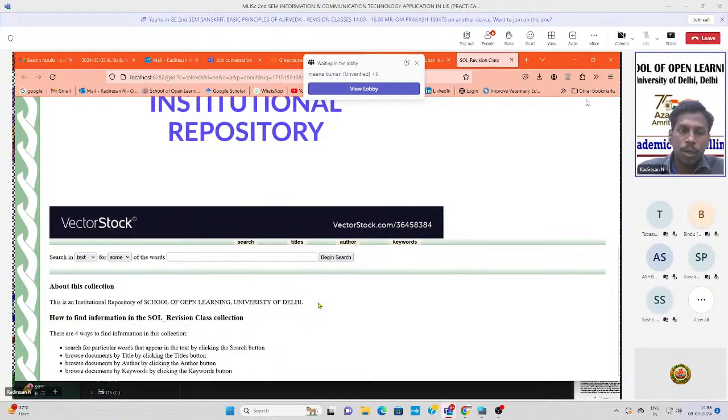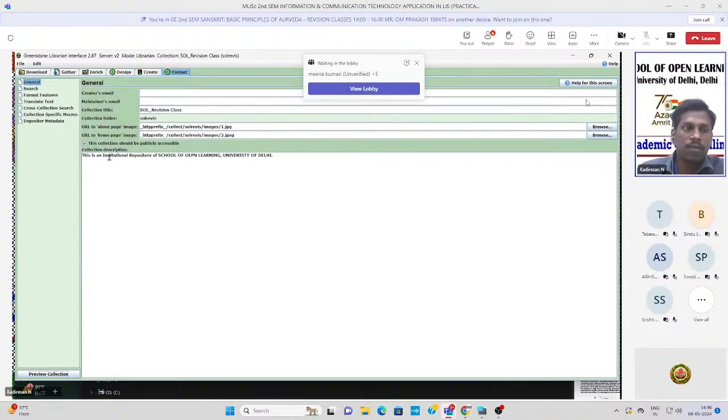Okay, so this is how we are going to add the collection description. You can add multiple collections here. You can add that previous year question papers are available, or what the collections of the institutional repository are. We can have the research articles published by the research scholars, faculties, non-teaching staff, many things we can add here. So this defines the collections of the institutional repository. And next we have this